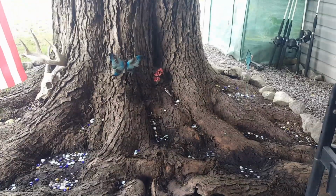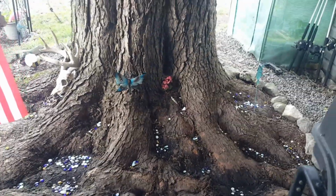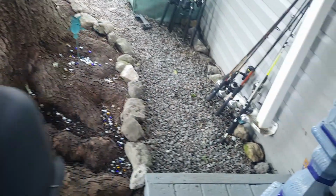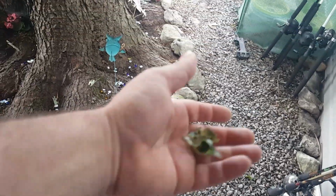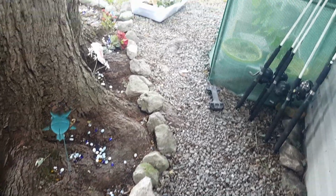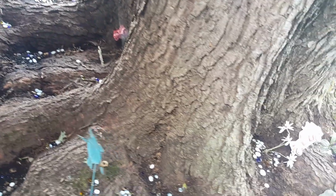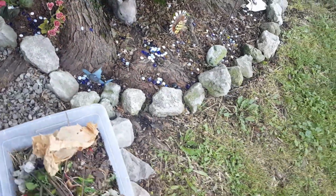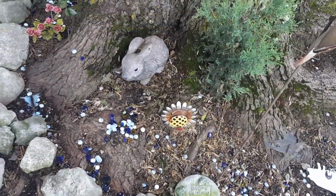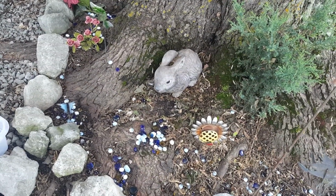So I did get, let's move you guys on around here, I did get some of the weeds pulled out. A lot of what you see that's green is just leaves from the tree. But I did get a lot of the weeds pulled out of the walkway. I did get all around in through here, although you do see some leaves. All the way around to, well, you see my little Twitter bird down there. This is the only area that I've got left to do right here. So I just got to get in there and get all that old dead leaves and all that good crap